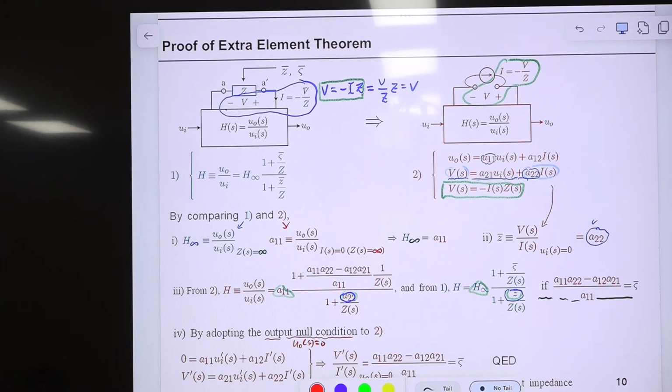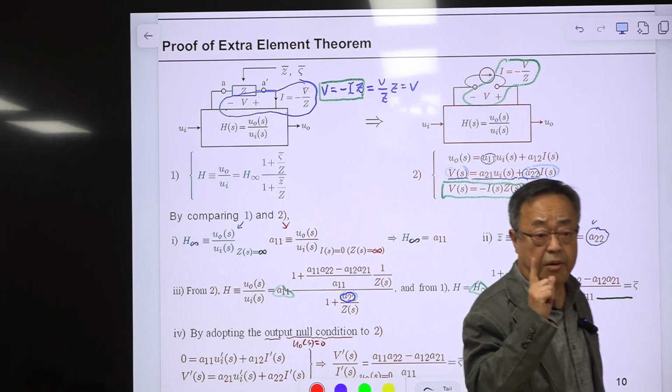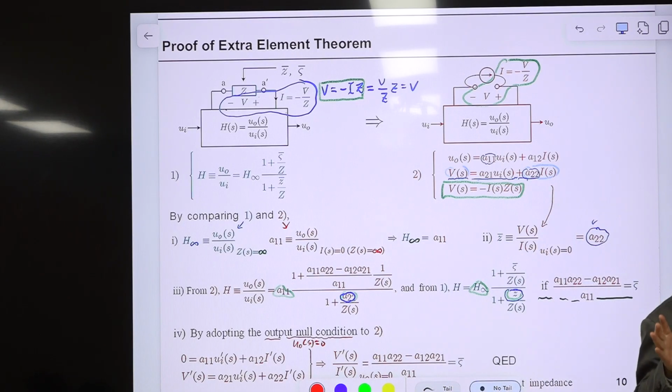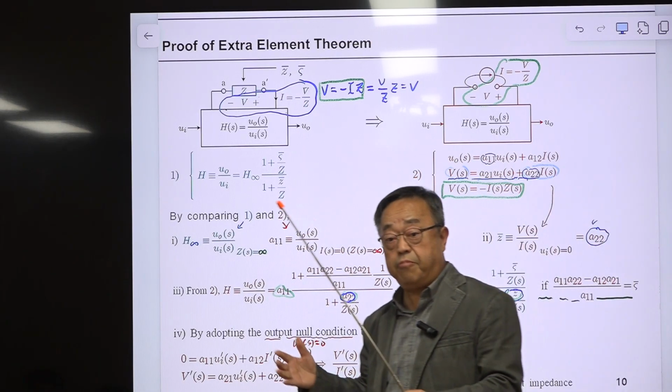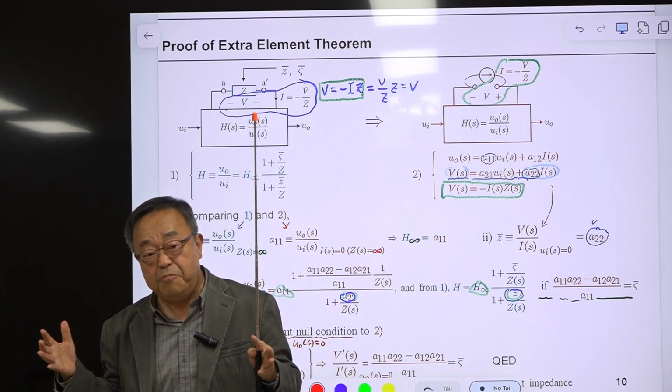Formal proof of ET for the general case is a very challenging task. That proof can be a paper, just one paper. It requires n by n matrix, determinant theory, cofactor theory. But we don't need that. I spent several weeks to understand that paper, but that is not necessary. Use a very simple case.